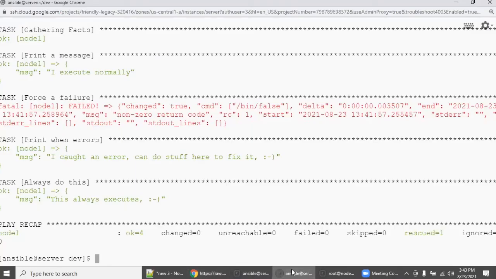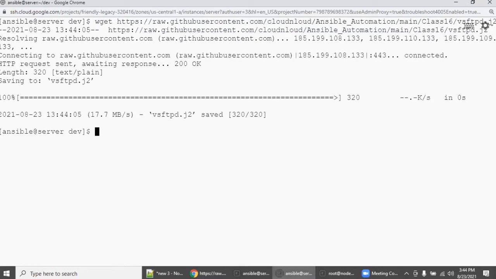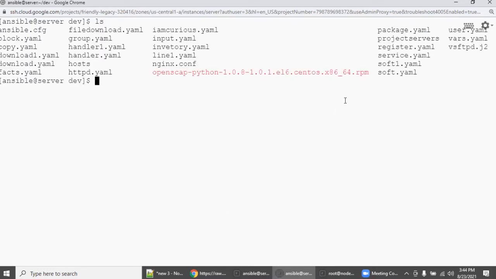Go to your Ansible machine, where you are executing all these playbooks, and say wget and download this file. Then ls, vsftpd.jinja2. Yes, this is the file. If you want, you can verify it.